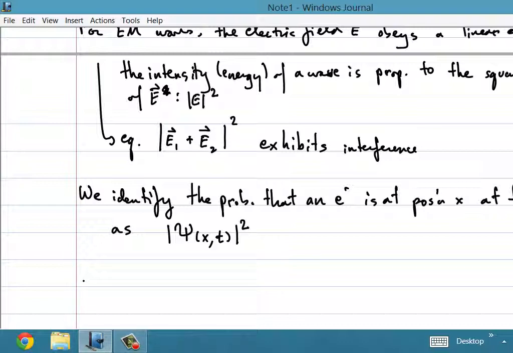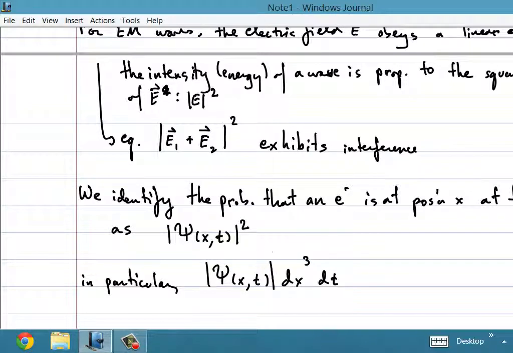What I mean is that, in particular, if you take psi of x and t, and you want to calculate the probability that the electron is sitting within a small box of size dx and time interval dt around the point x and t, then that probability is the square of psi of x and t times dx dt, or sorry, I'm working in one dimension. Okay, so it would be dx dt. So that is the probability